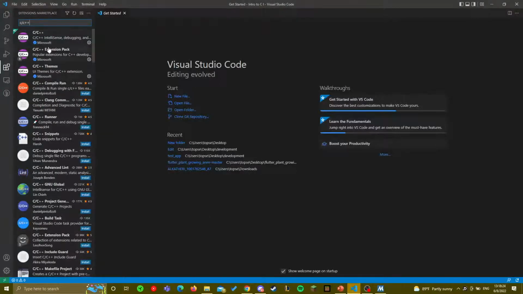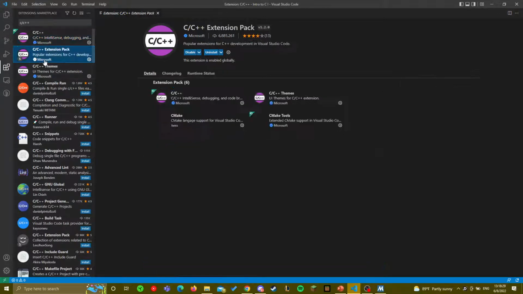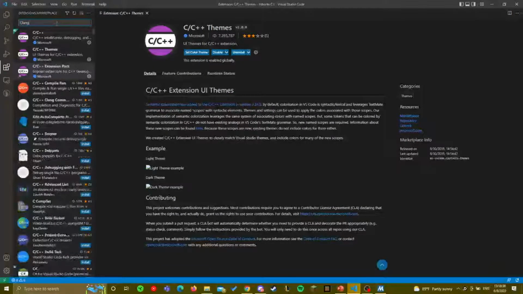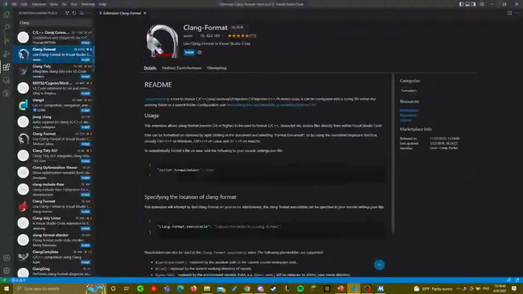So you just go to here. If you don't have it installed, you press install. Check these. You want Clang format. This will kind of reformat your document to fit a style, if that makes sense. So it'll help you keep a consistent style. You just right-click on the document and then say format, and it'll do it the specific way you specify. You can change it later on, but you can just leave it as the preset.